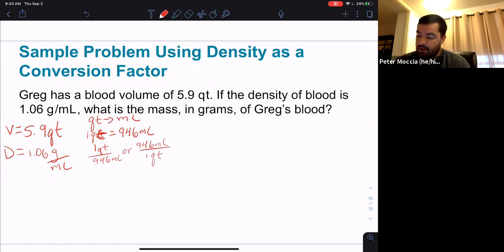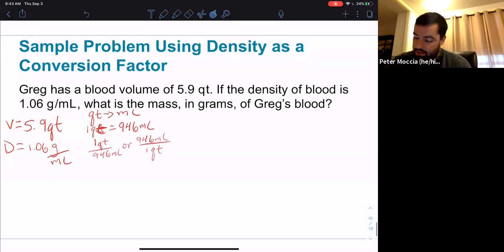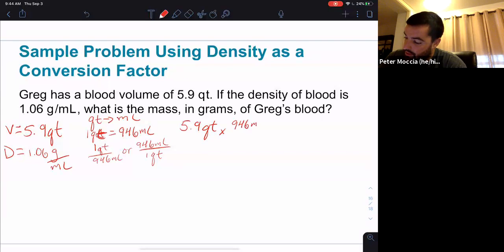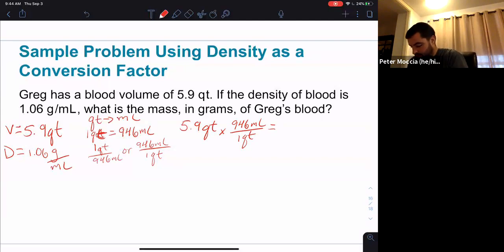Okay, now I'm trying to get rid of quarts here, so I want quarts to be on the bottom. All right, so I'm going to do 5.9 quarts, and I'm going to multiply by 946 milliliters over 1 quart. And that's going to give me